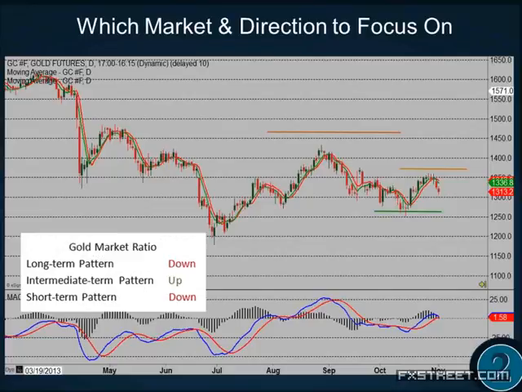So we see the ratio there. That tells us the patterns. Now we're going to apply a very simple rule to determine which direction to trade in based on this ratio, which will also determine which market we're going to focus on. Okay, we're only going to trade in the direction of the majority of the patterns in that ratio. Okay, so if you have 2 out of 3 patterns bearish, then we're looking to trade from the short side. Therefore, right there, that's going to be a sell signal for us. Okay, because it's a sell signal in line with the majority of patterns.